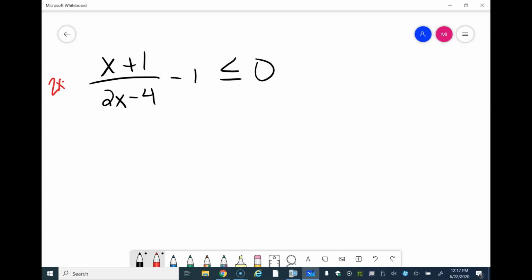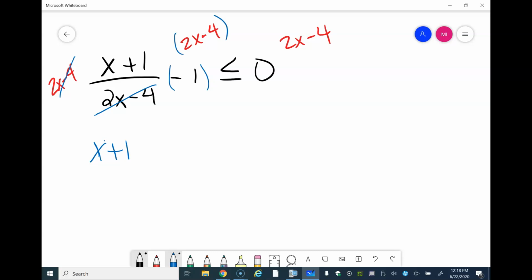this side by 2x minus 4, this negative 1 here by 2x minus 4, and then the 0 by 2x minus 4. Anytime you find the LCD, you've got to multiply it to each part of the equation or the function. So in this case, we see that this 2x minus 4 cancels out with this one, and I'm left with x plus 1. And then we're going to take this negative 1 and times it by the 2x minus 4 up here. So I'm going to have